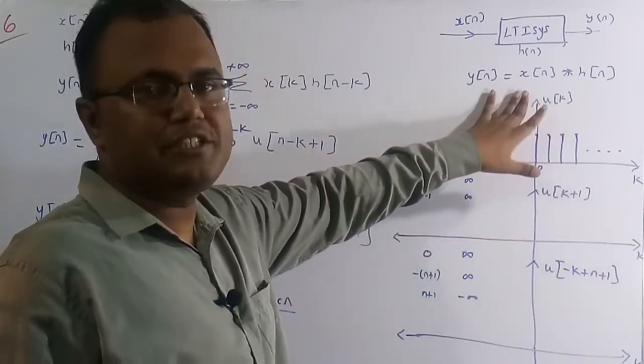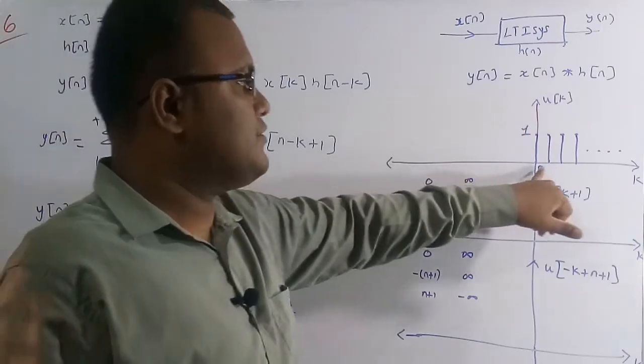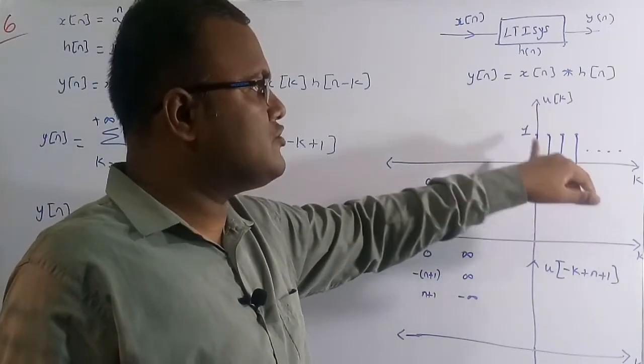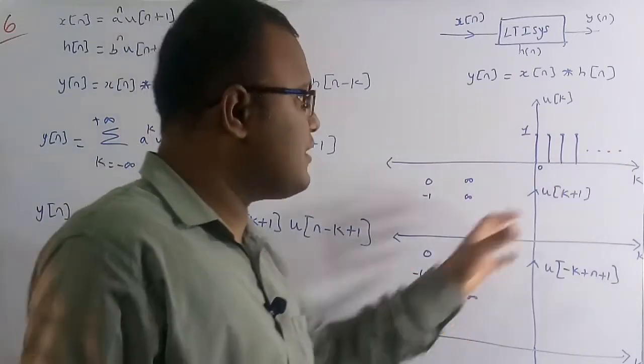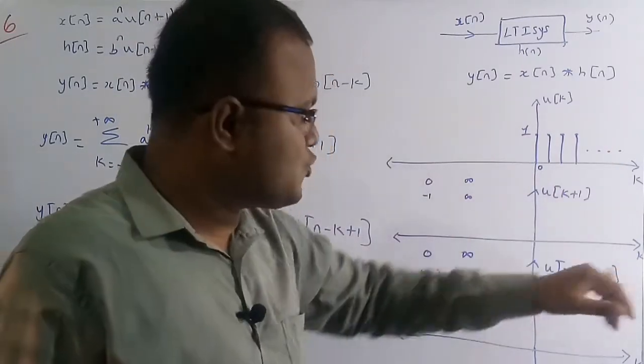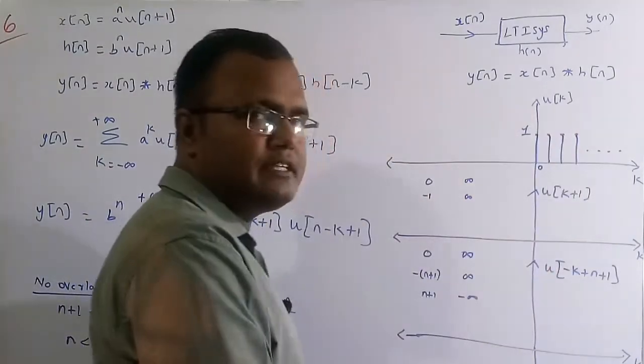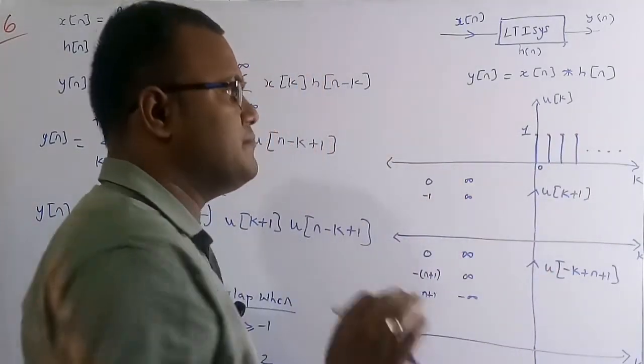This is nothing but a unit step sequence. So at k less than 0 this value is equal to 0, and at k greater than or equal to 0 its value is 1. Then what is the value of u of k plus 1? For u of k we need to do the shift property. How to do the shift property is nothing but here.